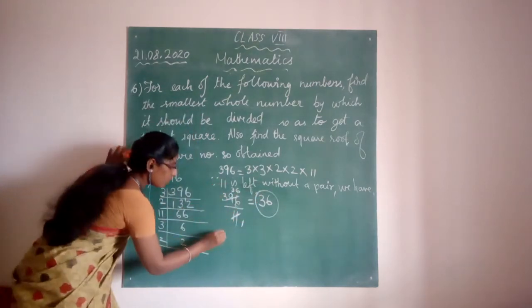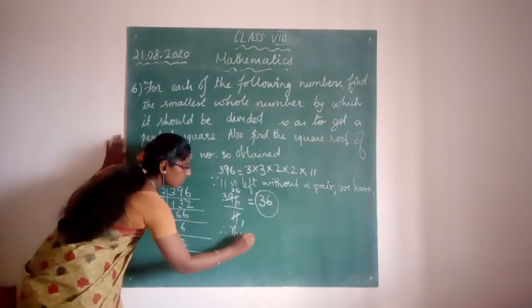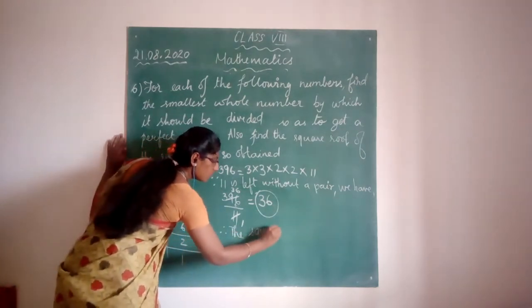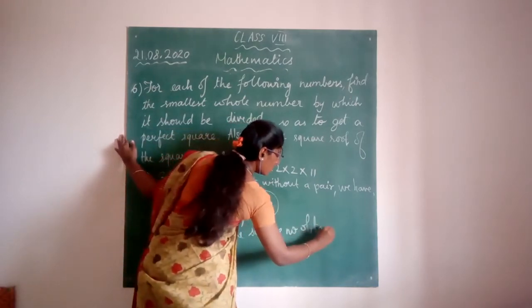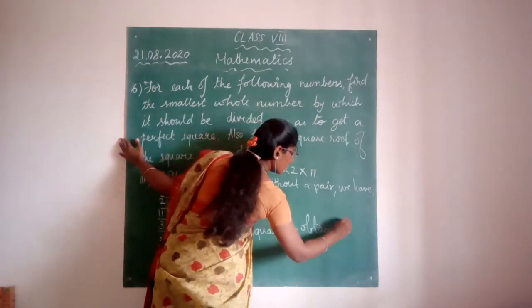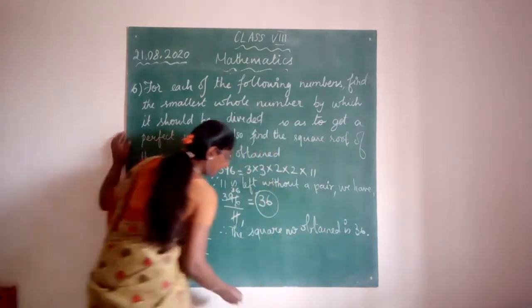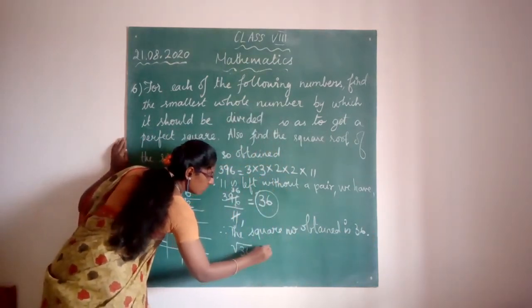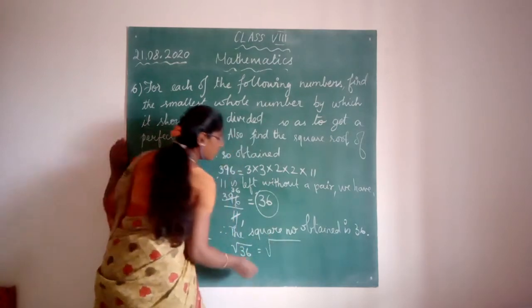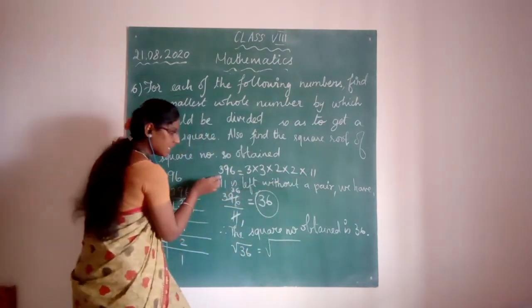Therefore the square number obtained is 36, and the square root of 36 is equal to square root of,